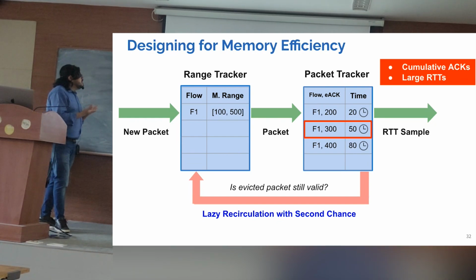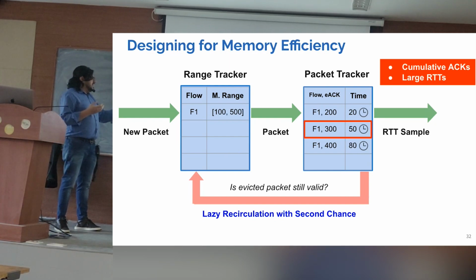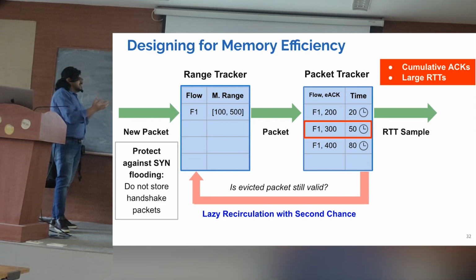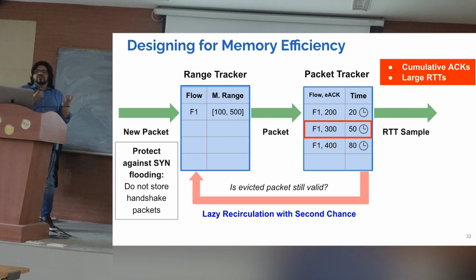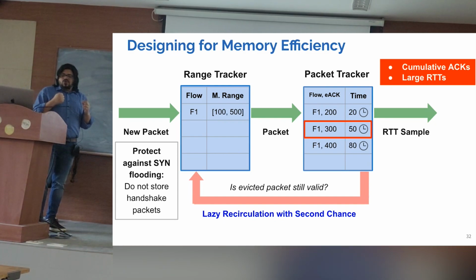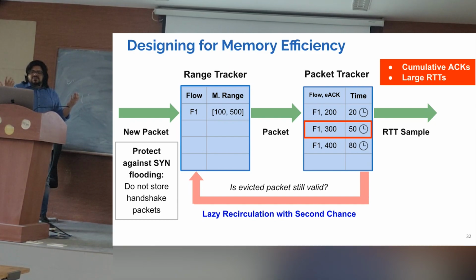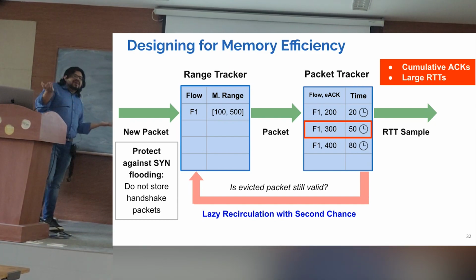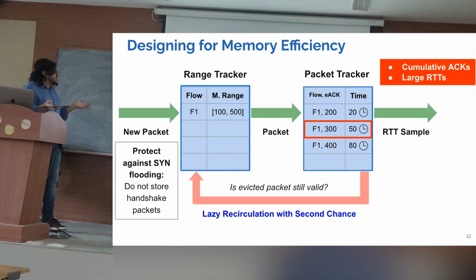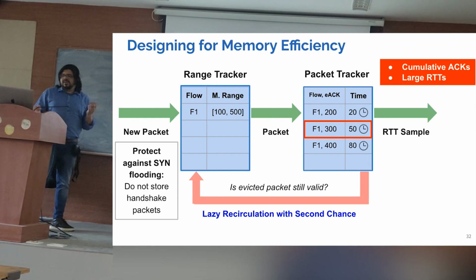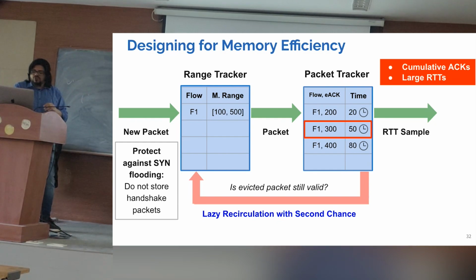So how do you protect against SYN flooding attacks? We recognize one thing, that SYN flooding works only with handshake packets, right? It's the initiation of the connection. And so what if we do not store the handshake packets at all? Because we're collecting per packet RTTs anyway, we are not losing much by doing this, but we are protecting against SYN flooding by doing this little modification. And together,